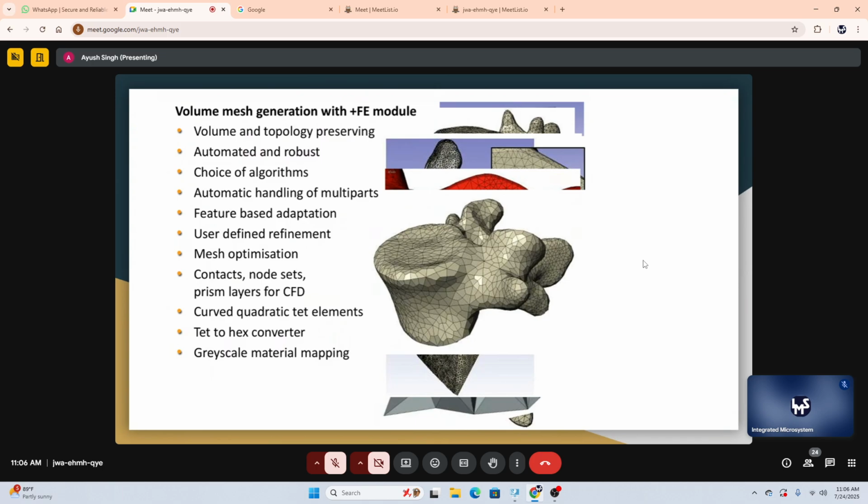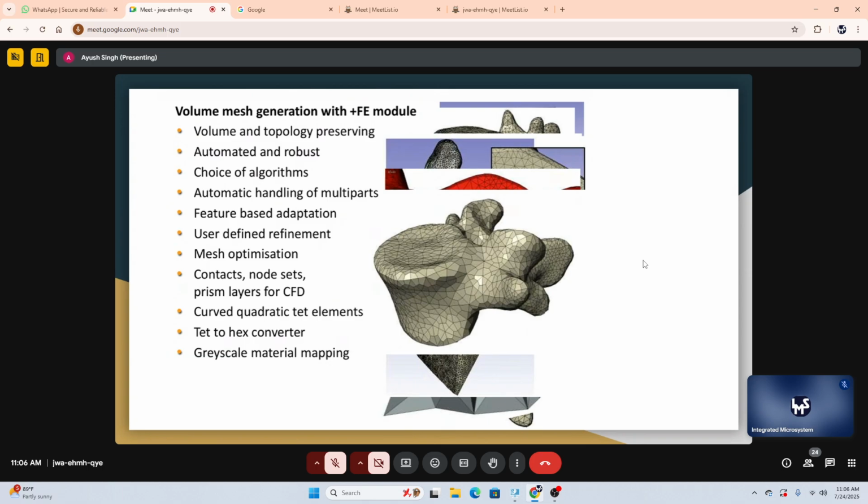The CFD modeling will be covered in tomorrow's session, when we cover vascular structures, because CFD analysis is generally used for fluid analysis, and for vascular structures it might be used, or for example for a heat sink if we are doing any fluid flow analysis. But coming back to finite element modeling,